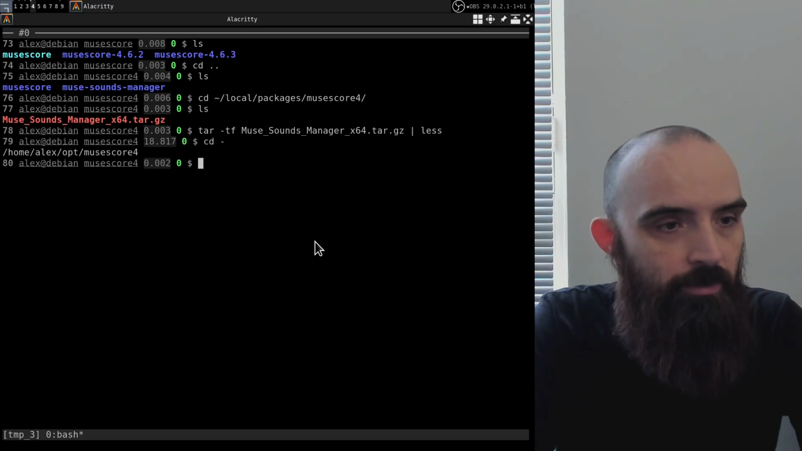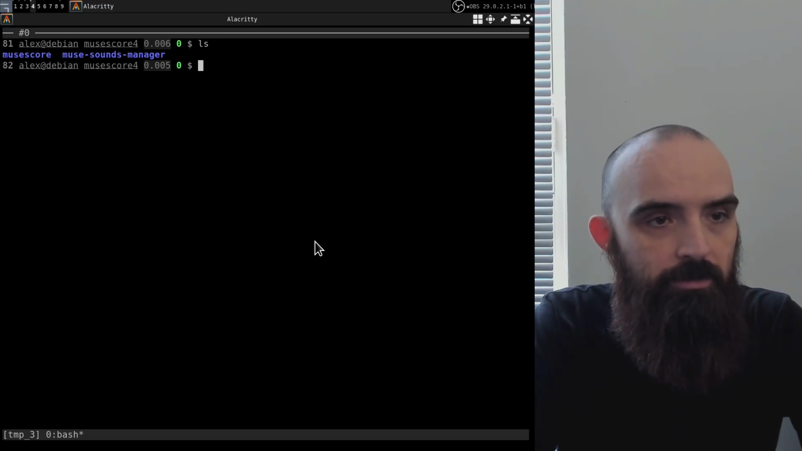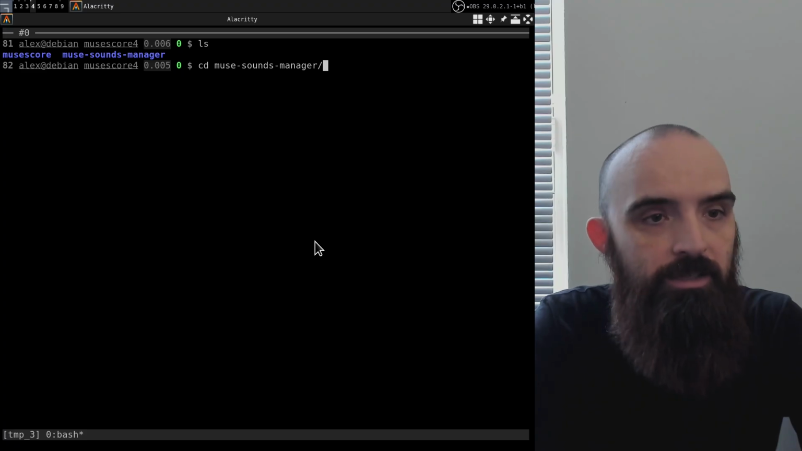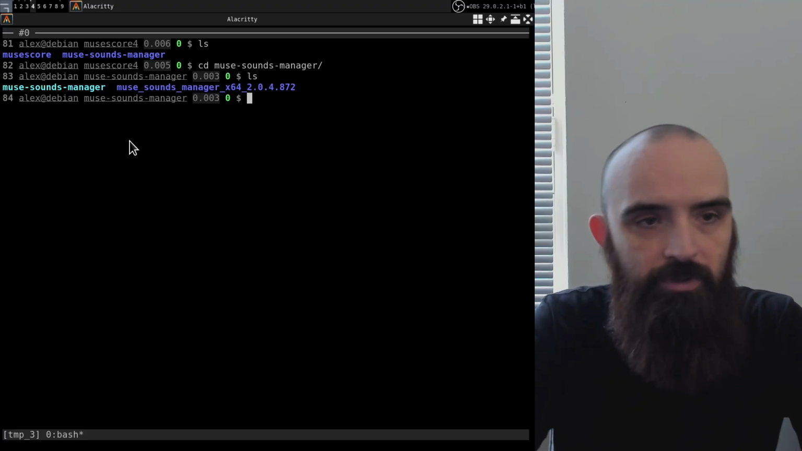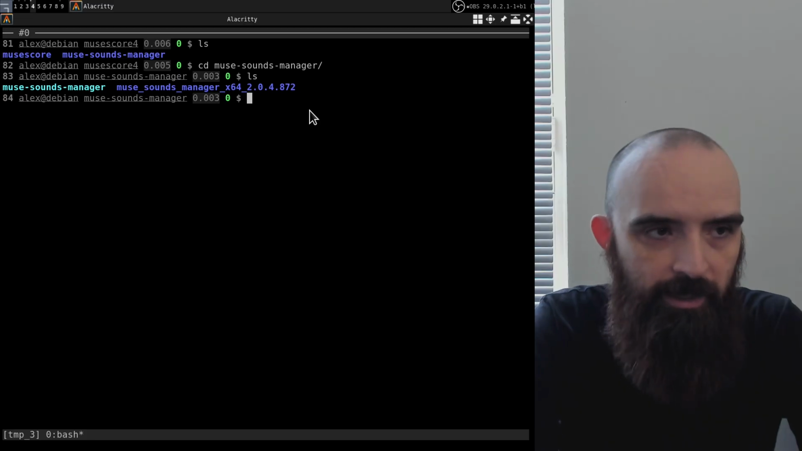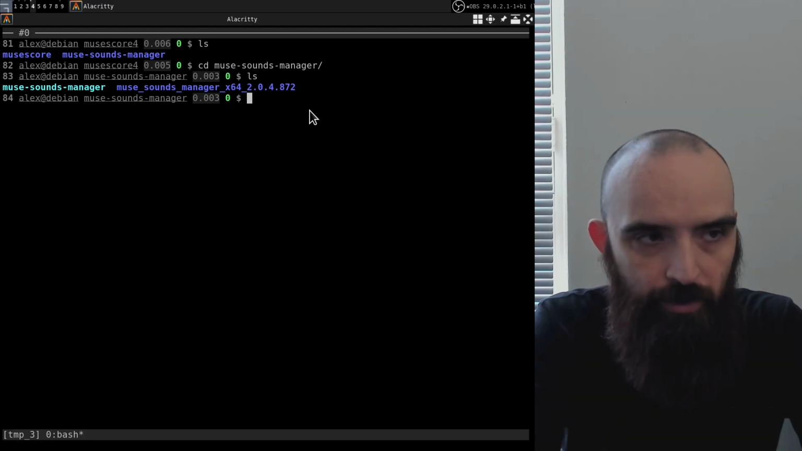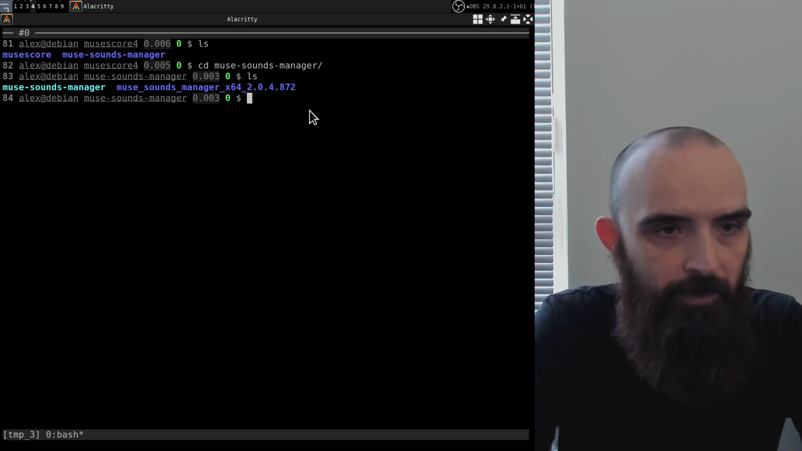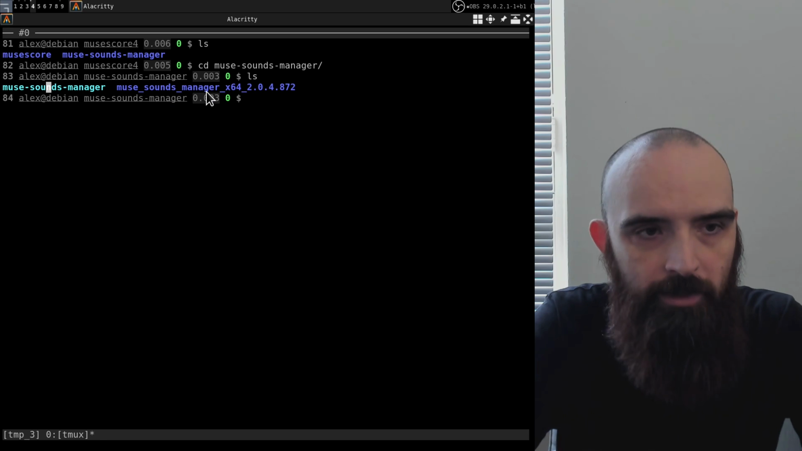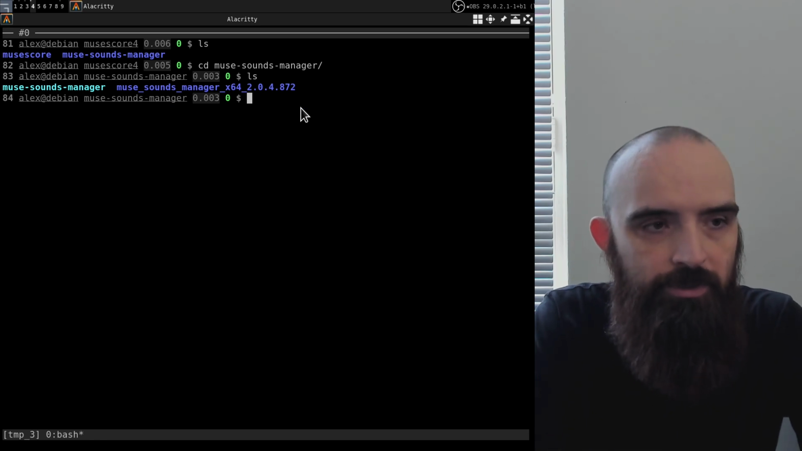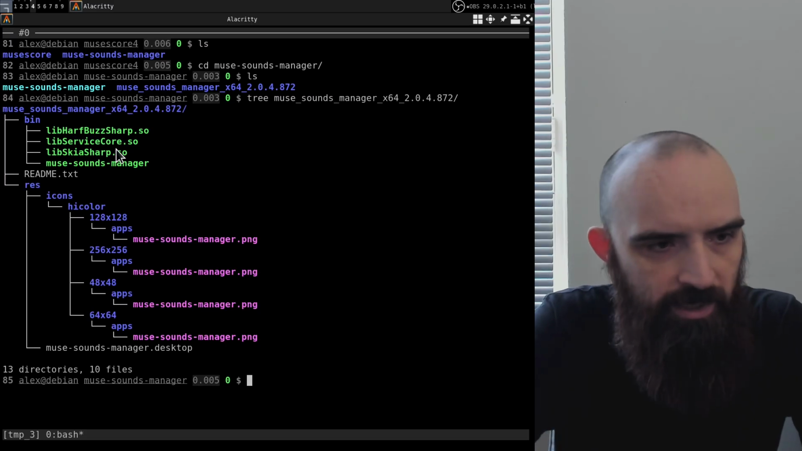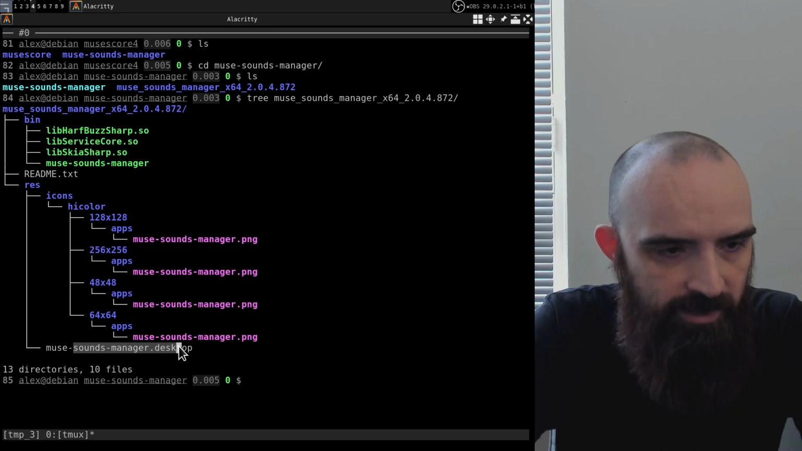So let me go back to my directory where I have it installed, and I just unpacked it. I'll cd into the Muse Sounds manager, and I have the same kind of system here as I showed you in my MuseScore folder. Just extract each version in an individual subfolder and have a symlink to whichever one I'm using right now. And if I take a look inside, once you extract it, again you get a desktop file, icons